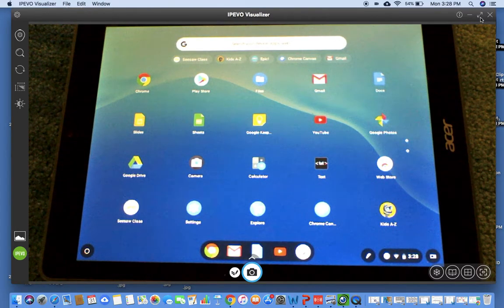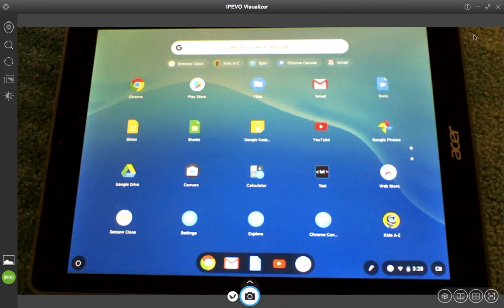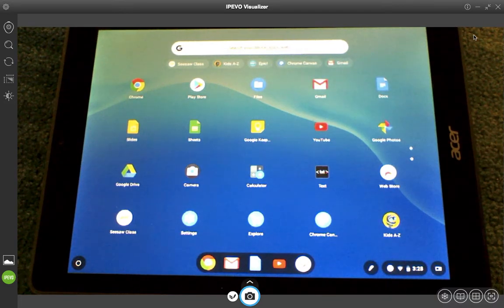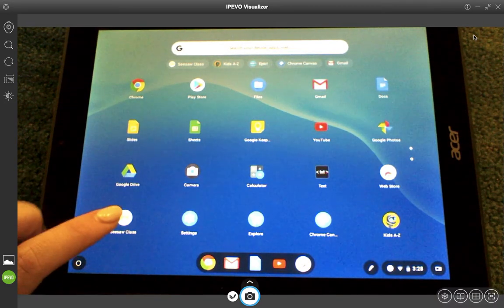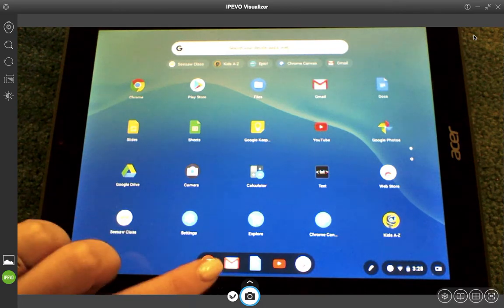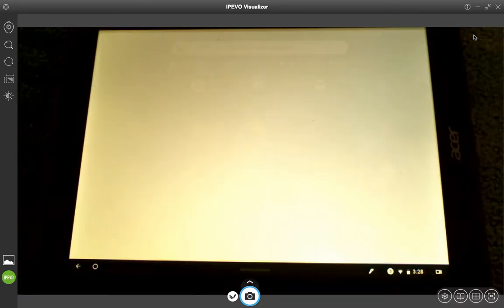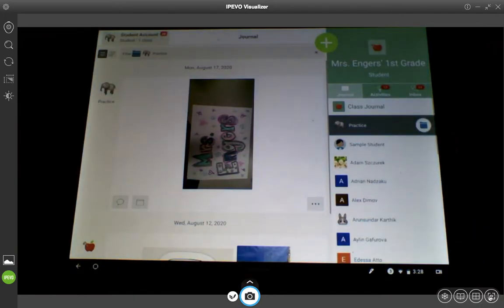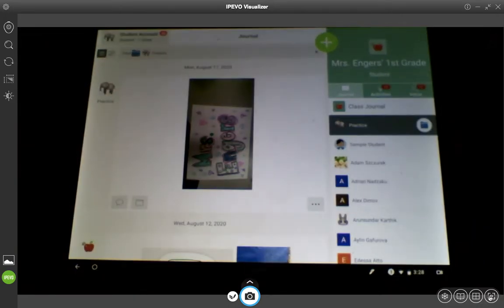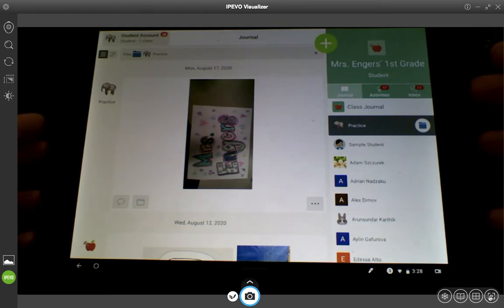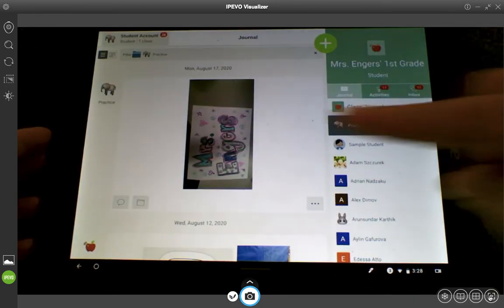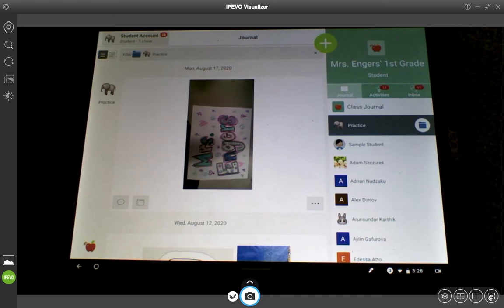Okay, so I want to show you how the kids are going to do their literacy choice board activities. First they'll need to go to Seesaw, wherever it is that you have Seesaw on your tablet. Sometimes it's over here, sometimes it's down here, and sometimes it's way at the top. It might be in all of the places. I always find that when the tablet is turned horizontally, so sideways, rather than vertically, that it's easier to